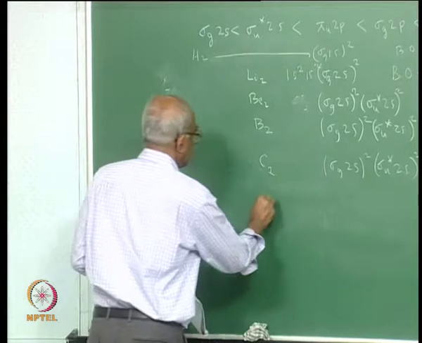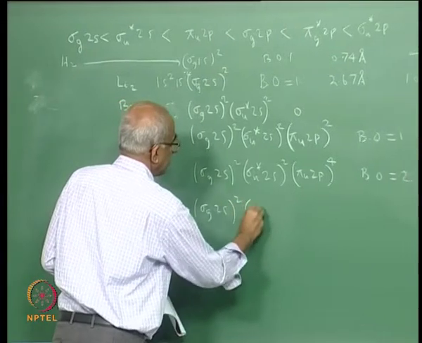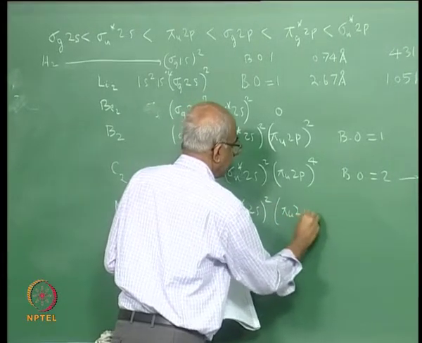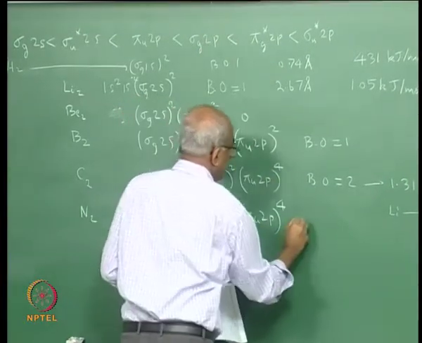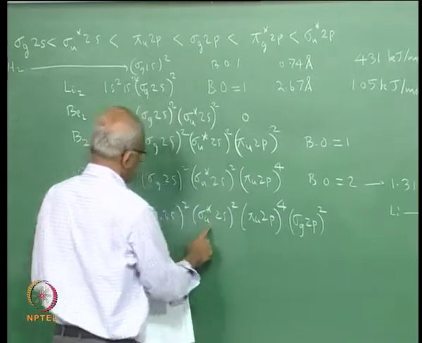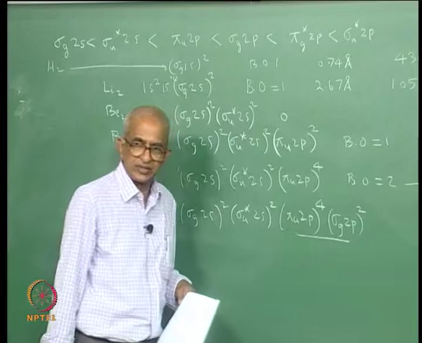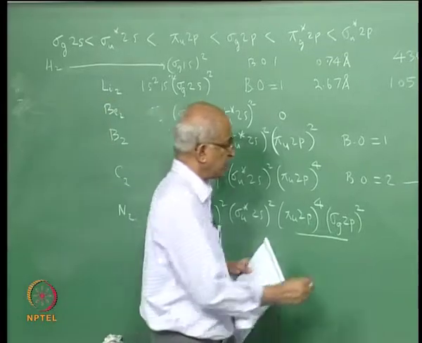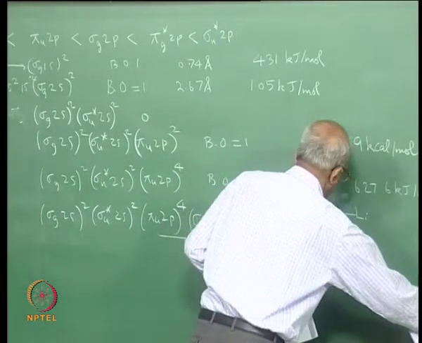Then coming to N2, you just add 2 more electrons. So, you would have sigma g 2s, sigma u star 2s, pi u 2p 4, and then the next orbital is sigma g 2p with 2 electrons. Remember, the sigma g 2s and sigma u star 2s cancel each other because one is bonding and the other is anti-bonding, but these are all bonding orbitals, and therefore, you have 6 electrons sitting in them. That means the bond order is 3,